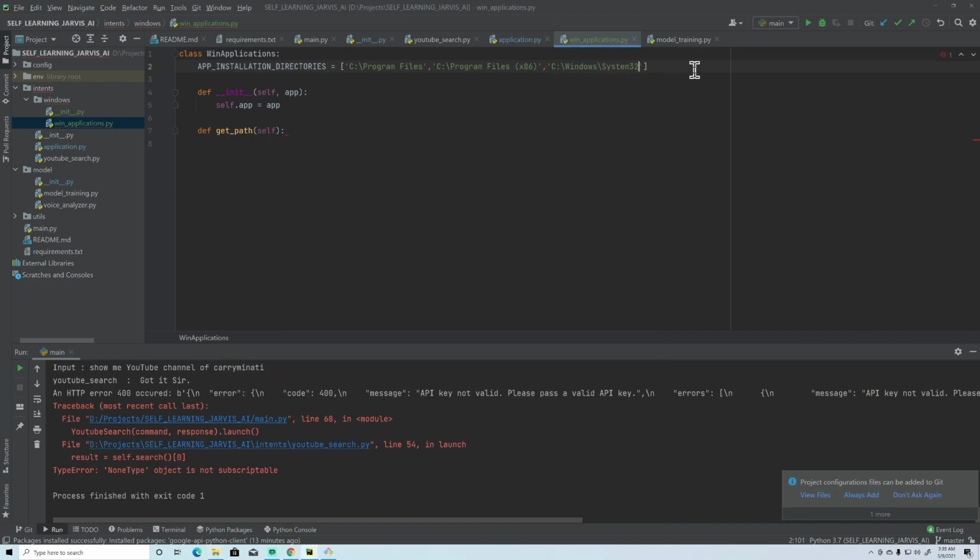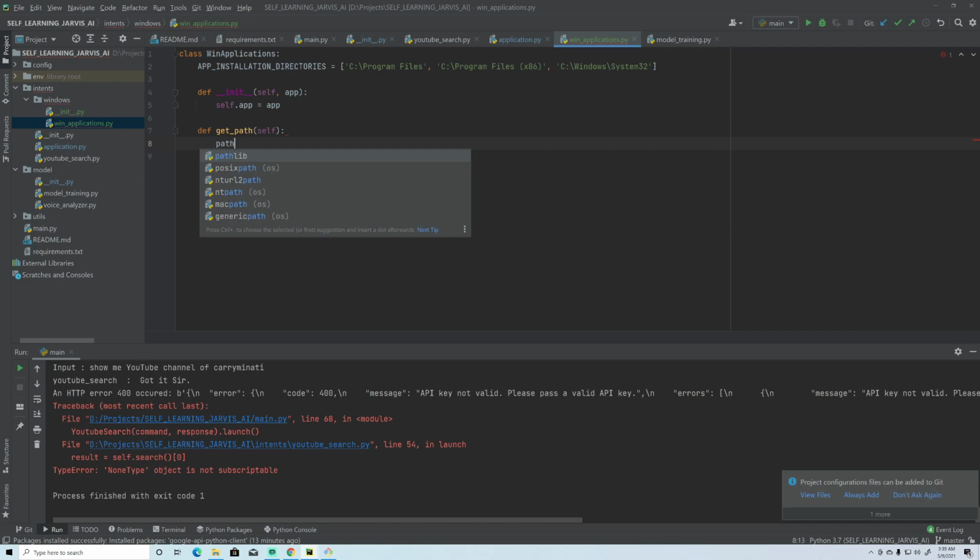Okay, so we have pasted here. So these are the three directories in which we are going to look for our exe files or the applications, right? Now here, I'm going to create a pattern variable also. So here again I'm going to have a list. Like if I say open PyCharm, right? So PyCharm will be in our directory, like here